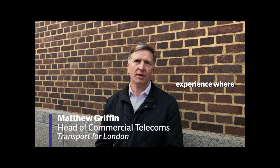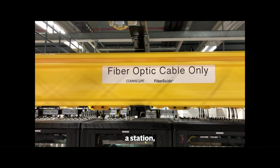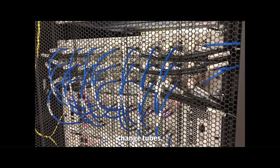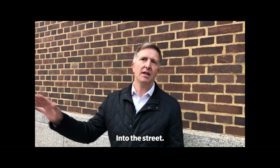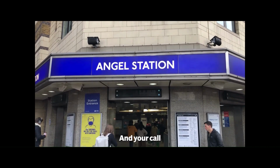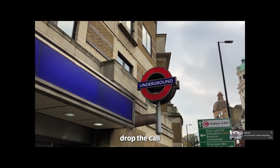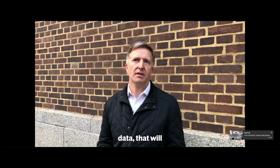We're delivering a mobile phone experience where you can be connected as you walk into a station, walk through the station, take a tube, change tubes, and then walk out of the station into the street, and your call will be connected at all times. It won't drop the call, and if you're using data, that will be seen